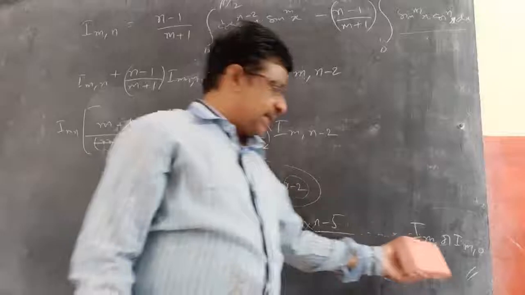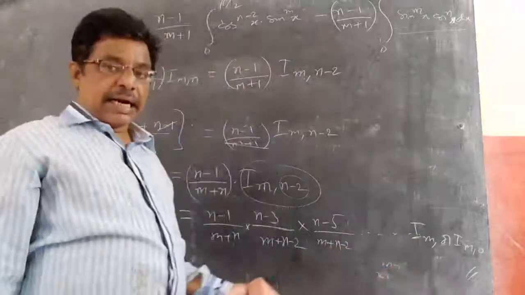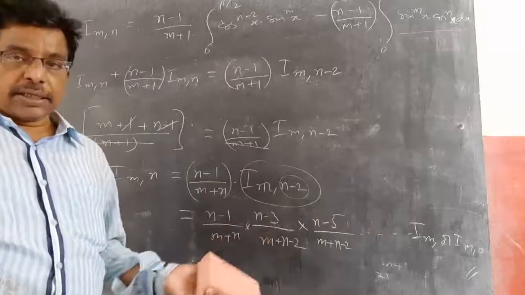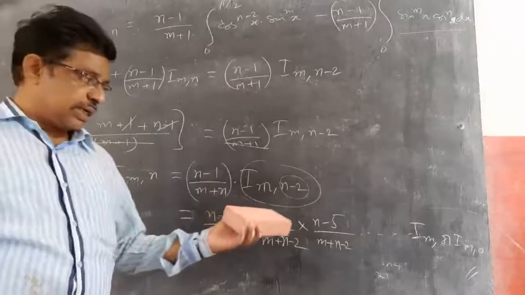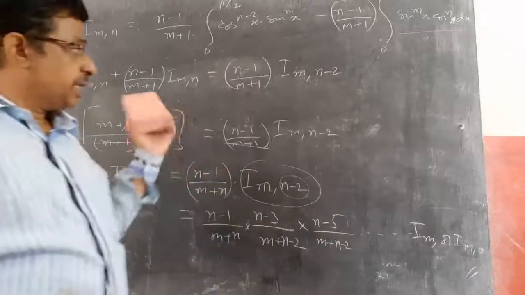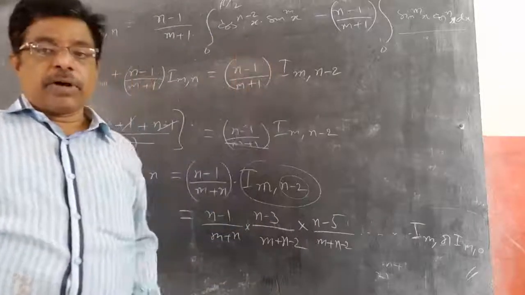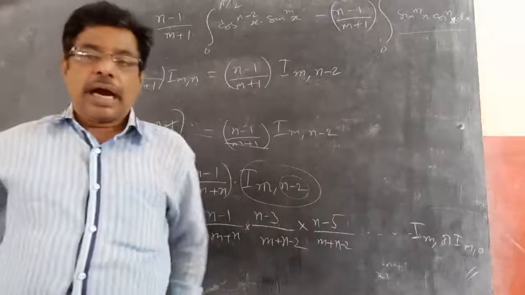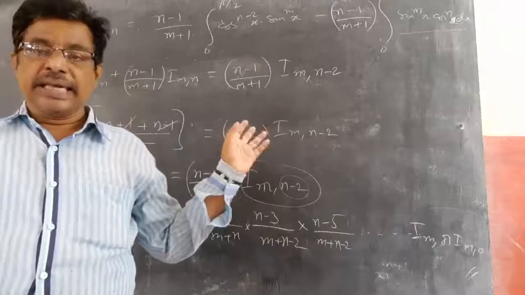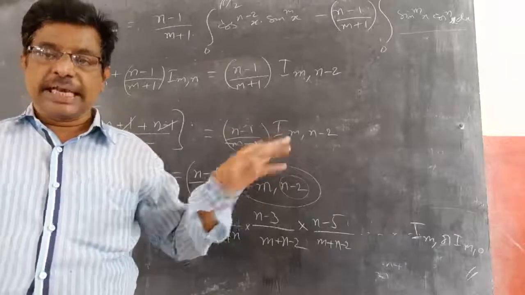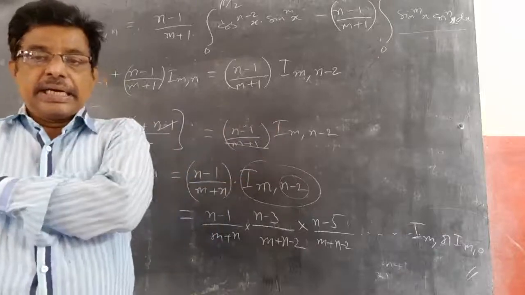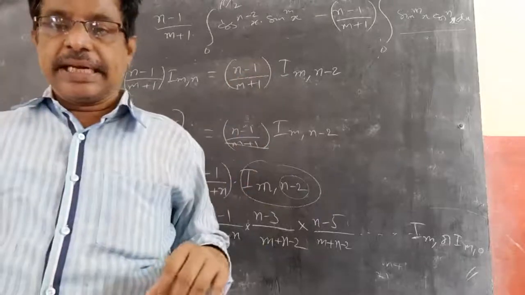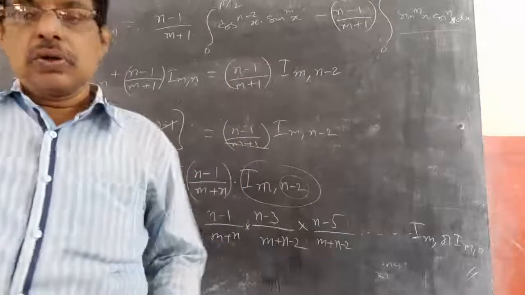And here there are three cases: n is even, n is odd, like m is even, m is odd. So like that there are different cases again, like what we did in the reduction formula of the sine. In sine, if n is odd, you are getting 2 by 3, n is even, you are getting 1 by 2 into pi by 2, like that you got. Same applicable here. Same here also, there are different cases.